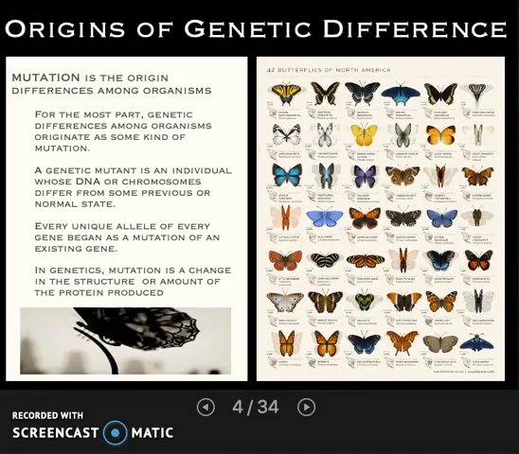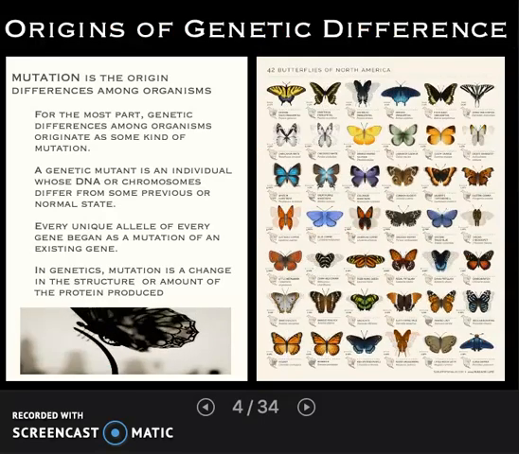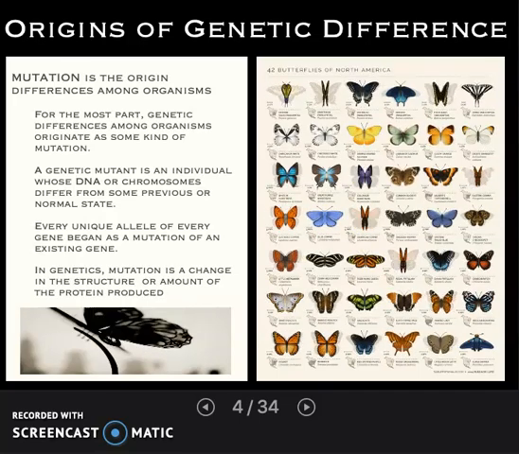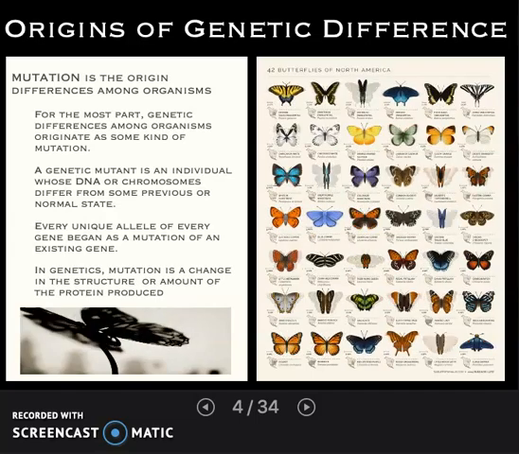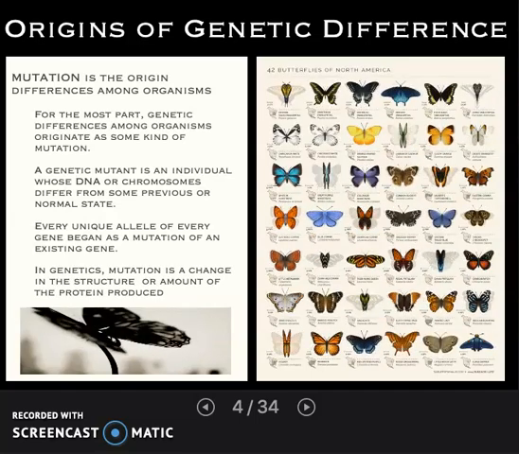Well, you can see from our table here, there's a lot of different kinds of butterflies. How did it happen? Did all these different butterflies suddenly appear? And the answer is no. The truth is that